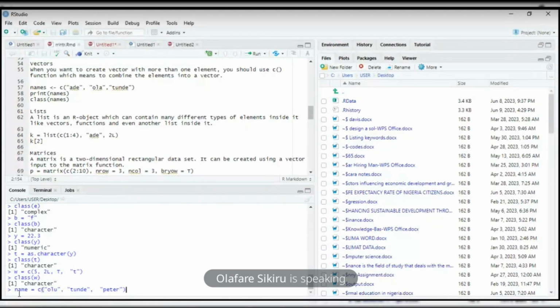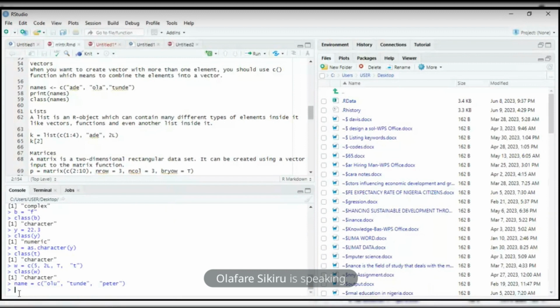That means I'm assigning these 3 names to be under my name. Now if I check the class of this vector, definitely you should know that it will return character for me since I'm having quotes at the top of it. It can be 2 quotes at times, it can be 1 quote at times. So just know that it will return character for you. So that's just a vector. A vector is just the basic